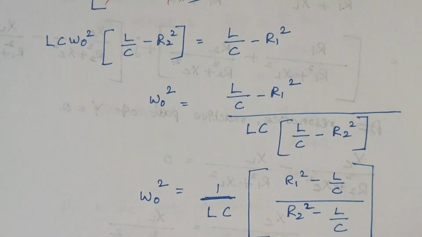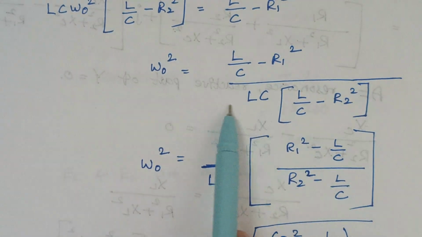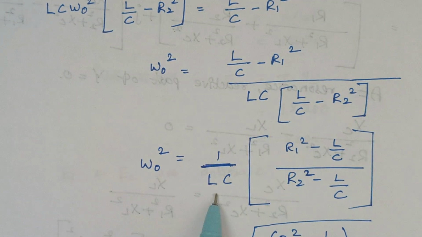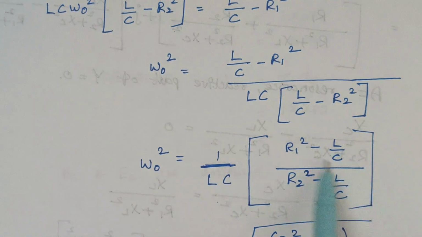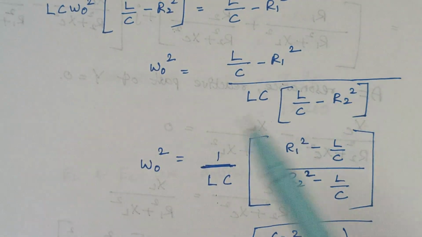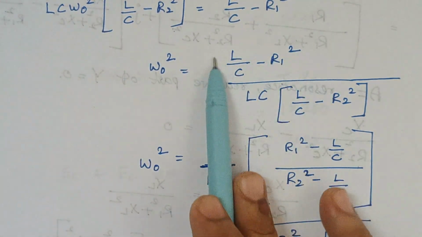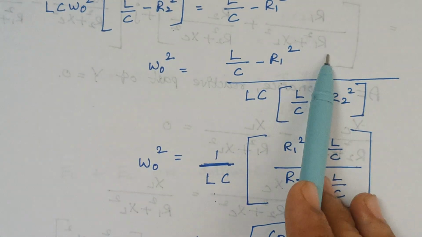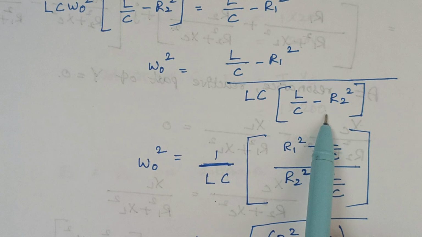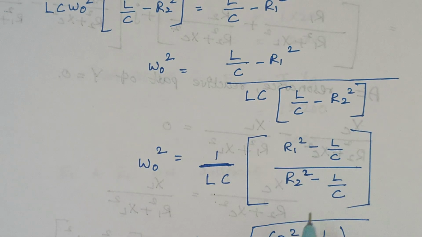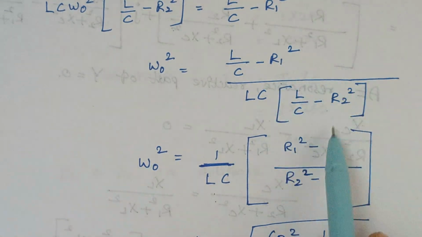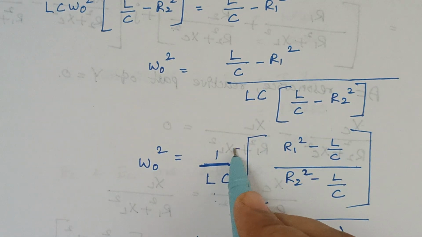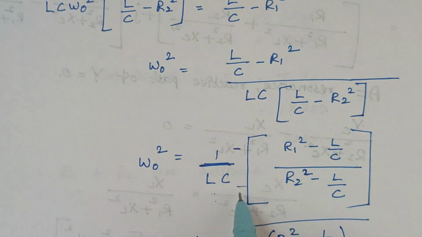So again when you rearrange, you see this LC is kept outside, so 1 by LC, and the remaining terms I am just rearranging. That is, I am rewriting this equation as R1 square minus L by C. In the same way, I am doing it in the denominator side. So this becomes R2 square minus L by C. So here what happens? We are taking a minus outside from both the numerator and the denominator, and these two